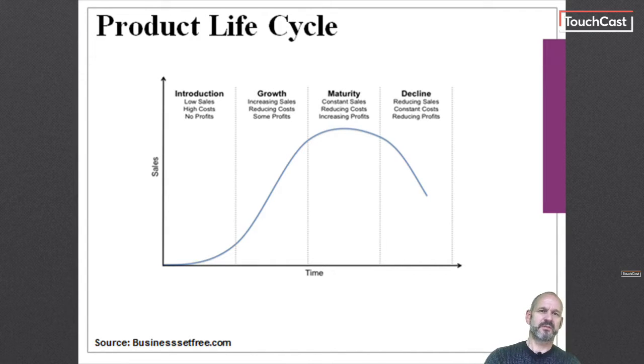Ideally, you would want to have products at each stage of the life cycle so that one moves from maturity and into decline, and as it does so, another takes its place. The product life cycle is a simple model which cannot predict future sales, but which is important because it shows how a product has performed over its life so far and how successful that product has been at contributing to the profits of the business.